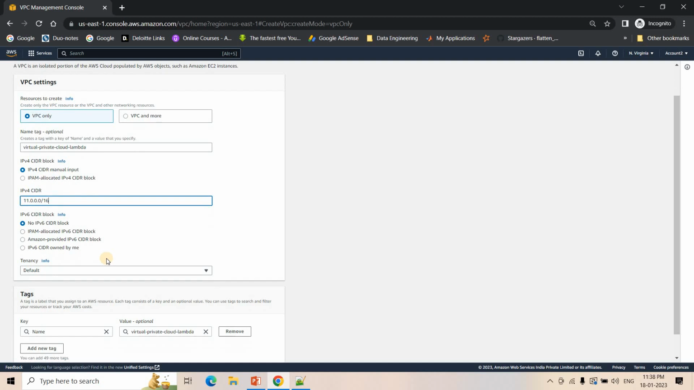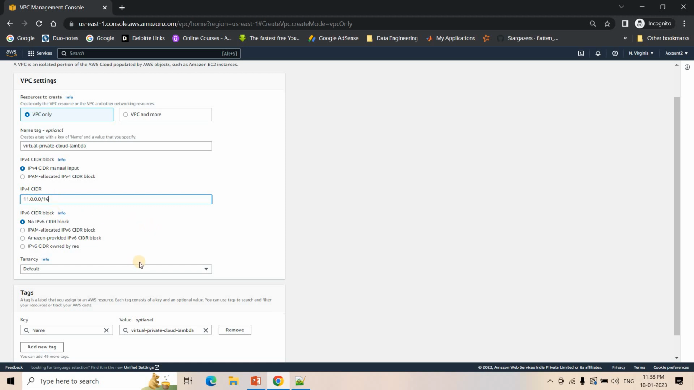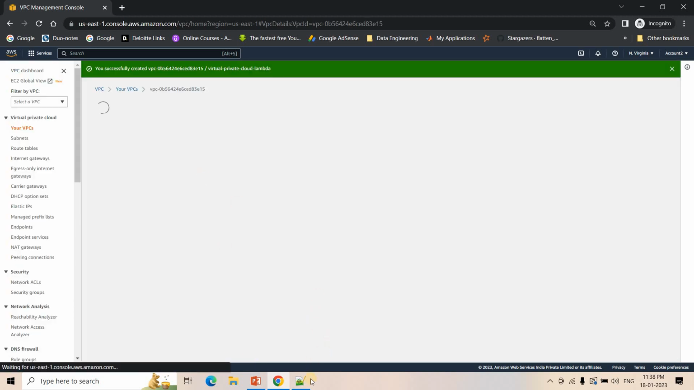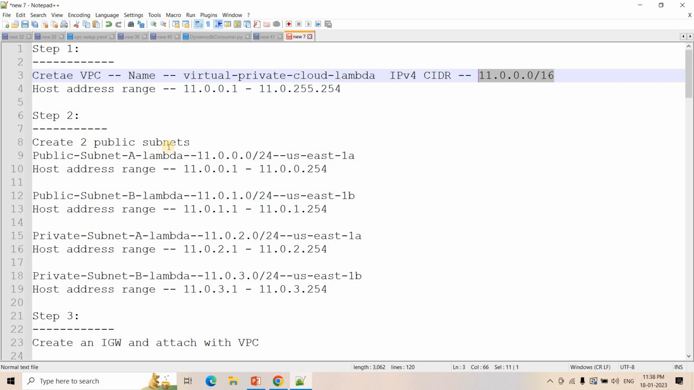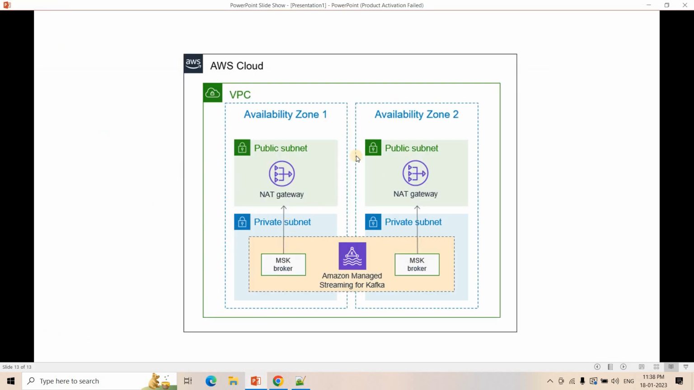That is fine. You can choose any region which is nearest to your main company base location, right? So here the IPv4 CIDR range we have provided, and we will create the VPC. Okay, perfect. Now what we will do, as per this particular diagram, you can easily understand we need 4 subnets,